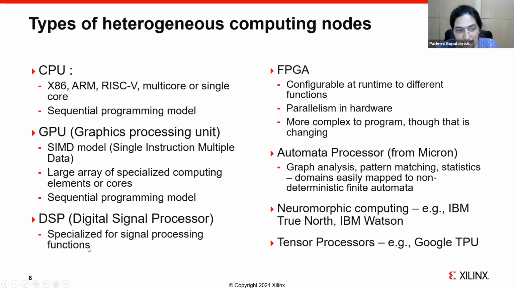DSPs actually are a very, very old family of processing chips. And these are specialized for signal processing functions. A DSP basically has its own architecture, which works very well to do Fourier transforms, convolution, and those types of applications. The whole architecture of the compute units and the memory on the DSP is tuned to handle that. So you often find systems where you might have an array of DSPs doing some kind of specialized computation, and a host which uses that computation.